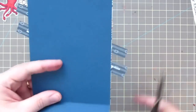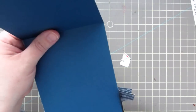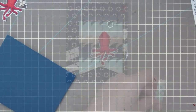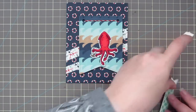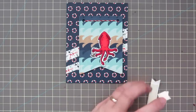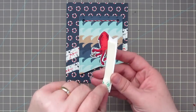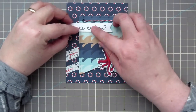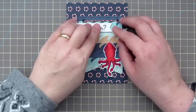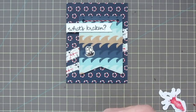And then I'll flip over the card base and just trim off the excess of those strips that were hanging over the sides. I'm going to add some foam tape to my sentiment strip that I just cut into a banner end, and then I'm going to add a double layer down at the bottom where it's going to hang off of the popped up panel there. I'll just press that down, and then I'm going to add some foam tape to my Kraken,